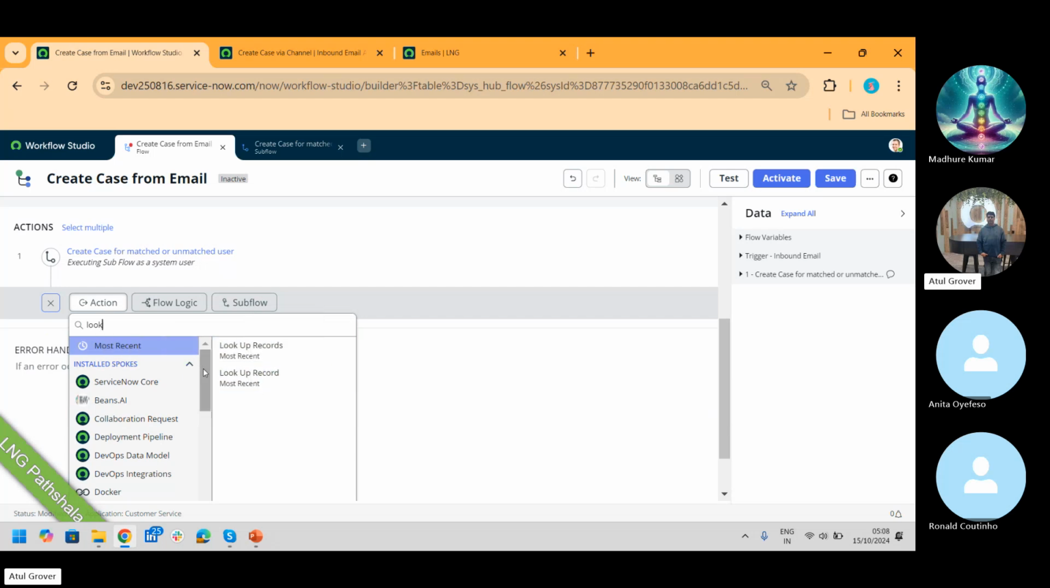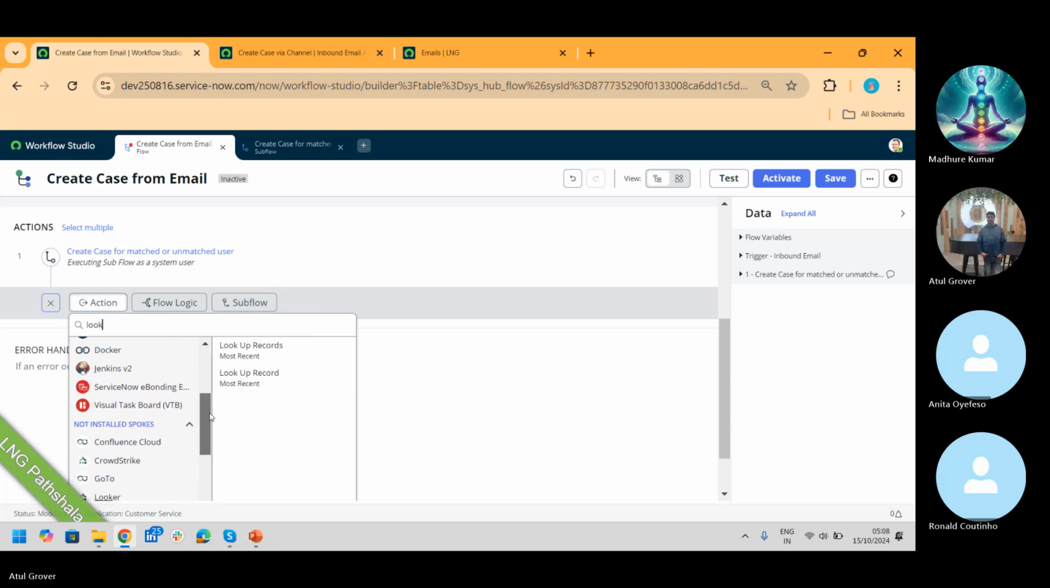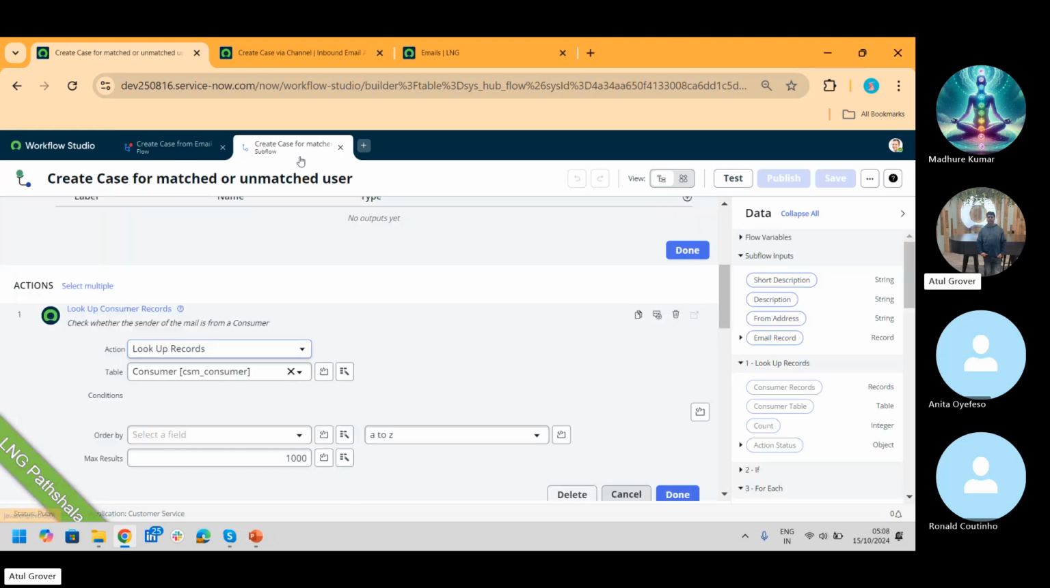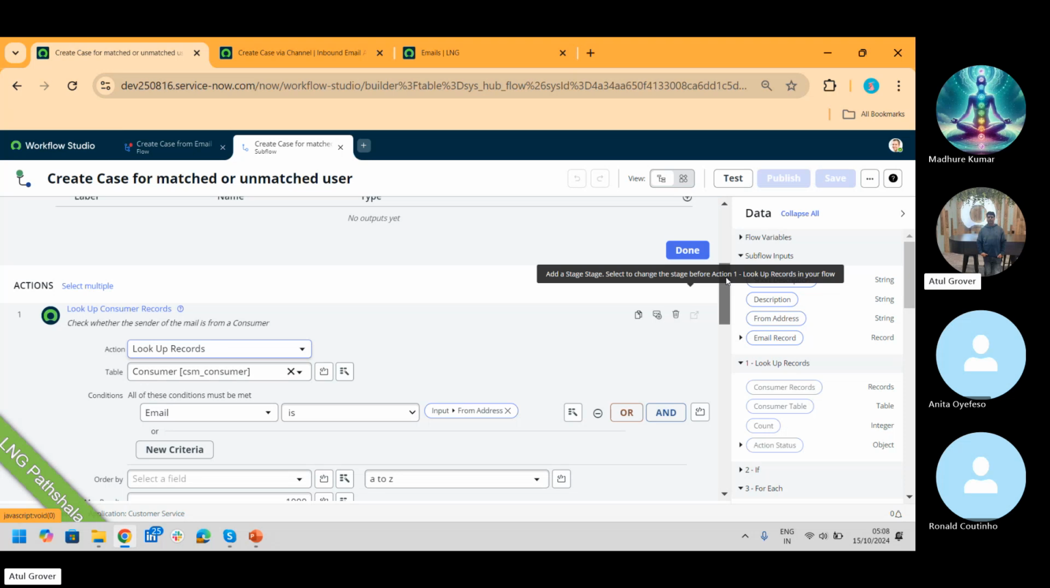Lookup records and everything. These are the actions. If you do a little bit of a deep dive in the flow, at least at a minimum we should know how to do the lookups, how to get the variables from the catalog item and all these things. This is important for us to understand. And once it says lookup done,